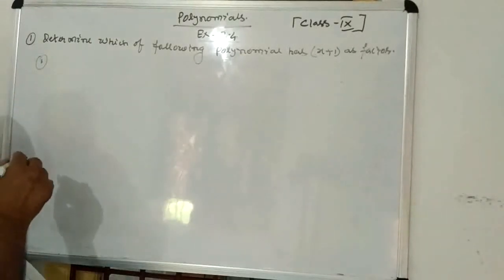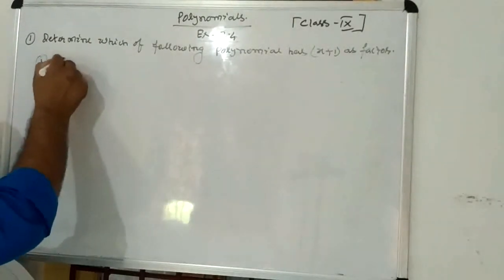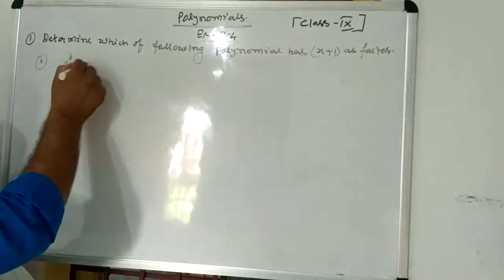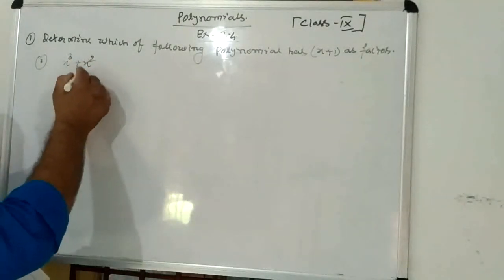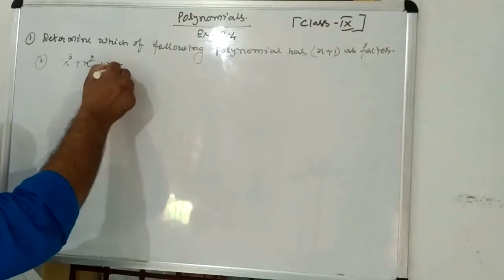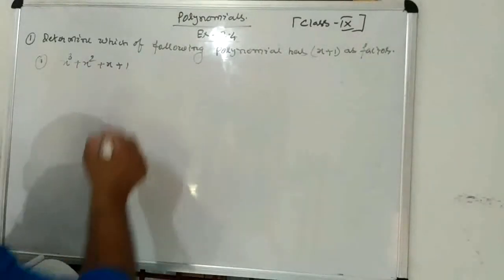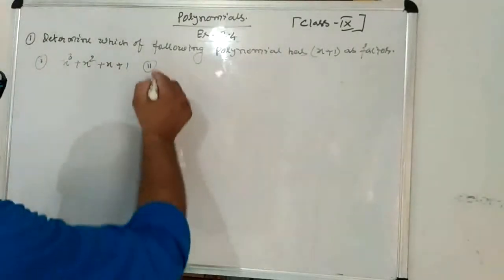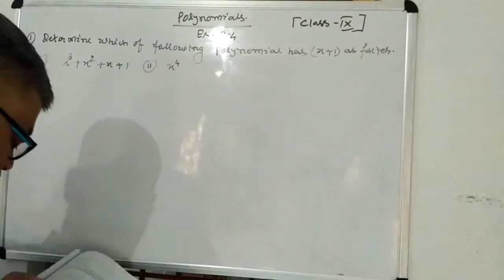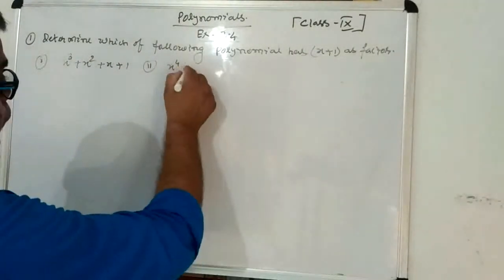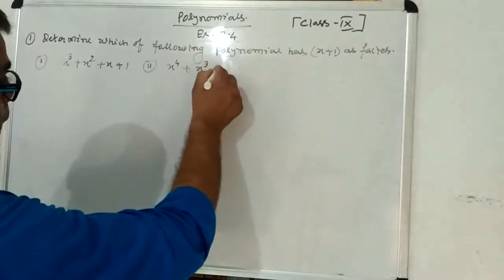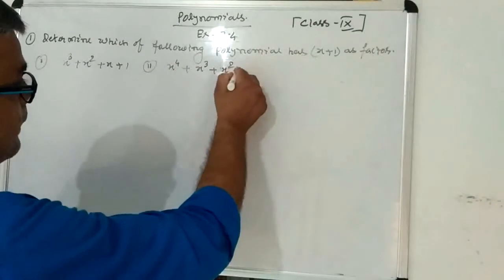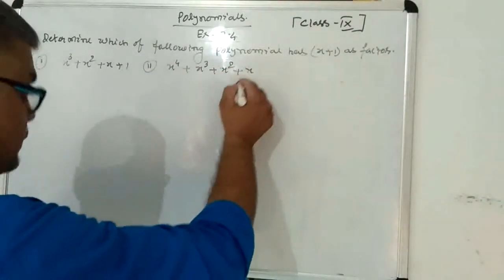The first polynomial given is x cube plus x square plus x plus 1, and the second polynomial is x to the power 4 plus x cube plus x square plus x plus 1,